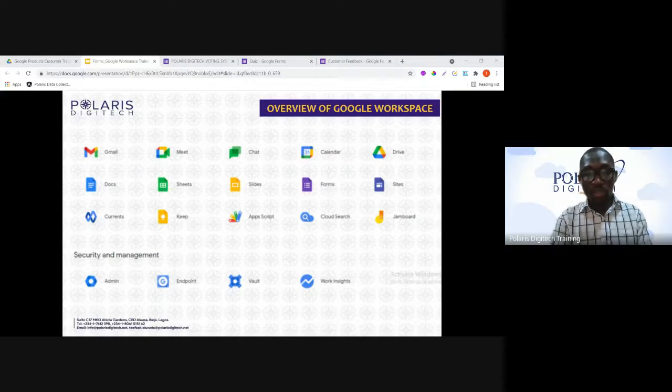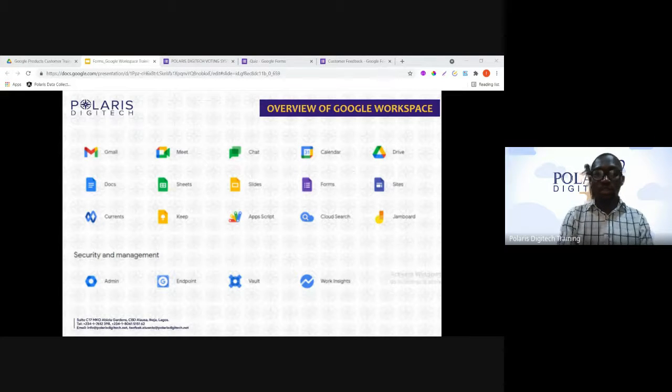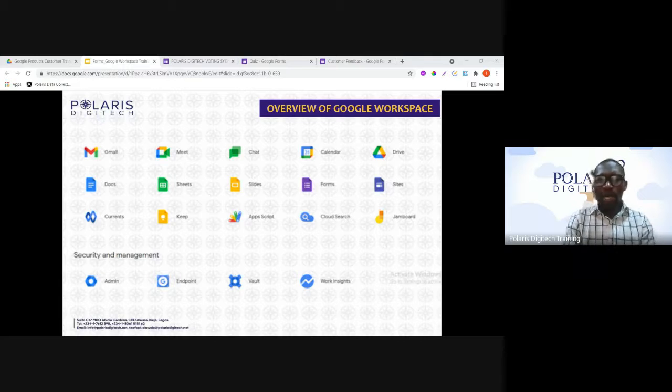Google Drive for storage, and Google Docs Suite for content creation. An admin panel is also provided for managing users and services. Now, depending on the edition of Google Workspace you have, it will also include the digital interactive whiteboard, which is